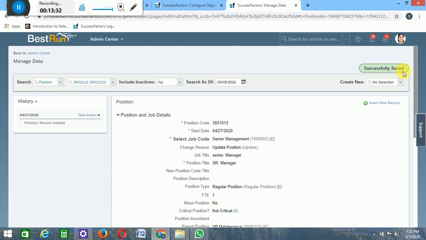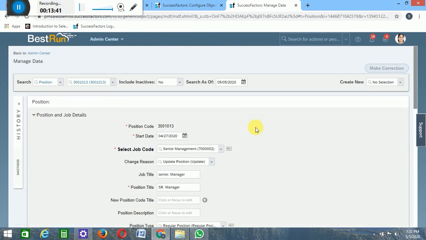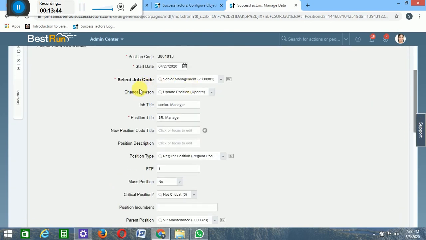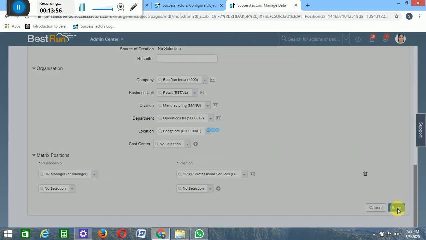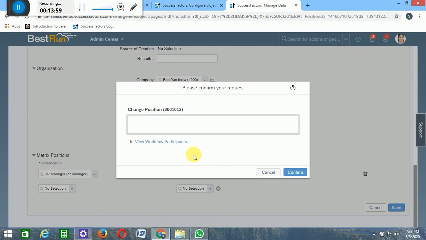This is because we have created a business rule, and only on that condition should the workflow get triggered. So let's check whether that condition works. Same thing, you can make a change on change reason, on which we created the rule. Make it new position and try to save it. It should trigger the workflow, right? Got it, it has triggered the workflow. Go into that, use the proxy or anything; normally in real time we won't do it. It will go to the concerned group or person for approval. Once the approval is done, we are able to save the record.